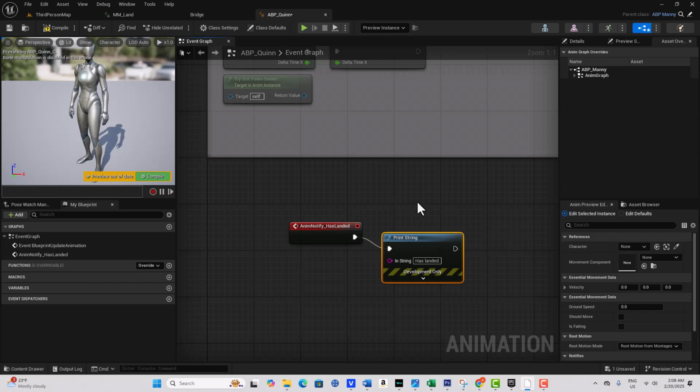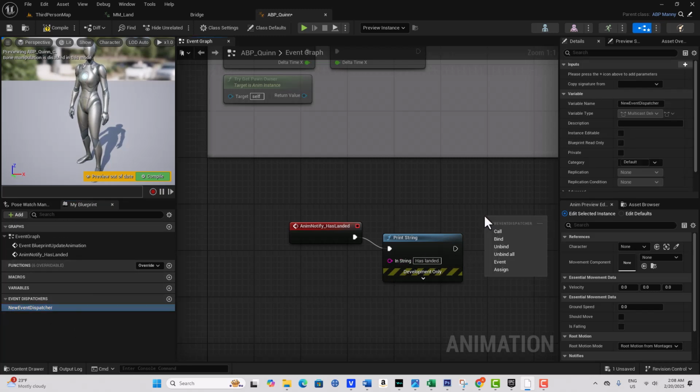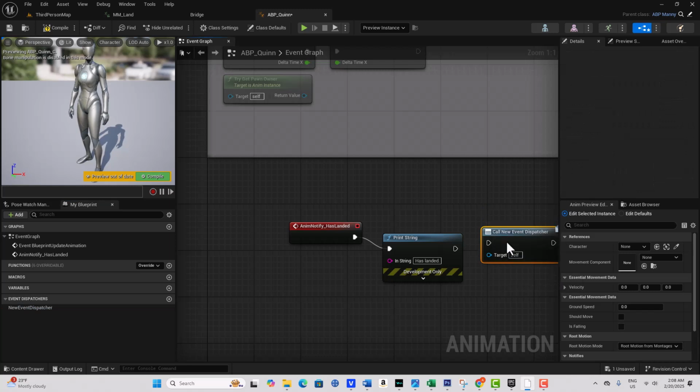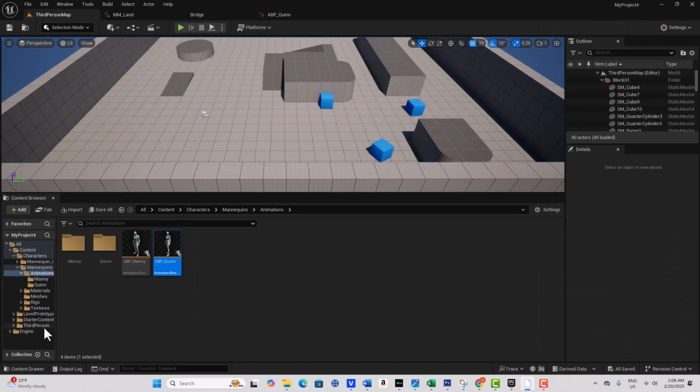But what if I wanted to communicate with another blueprint that this event has occurred? Well, I can just create an event dispatcher right here, and I'll just leave it called new event dispatcher. Just click and drag over here, and we'll go call. So we'll also call out an event dispatch here that the character has landed. Okay, and so now if we go into the blueprint third person, which is our player character here,